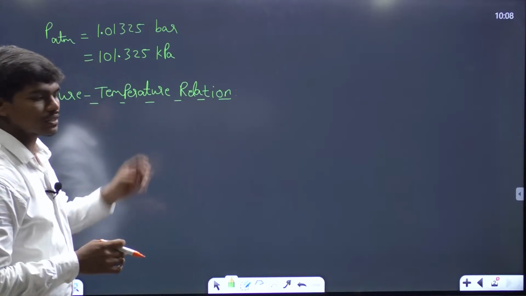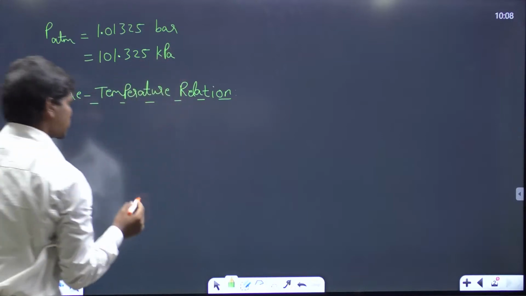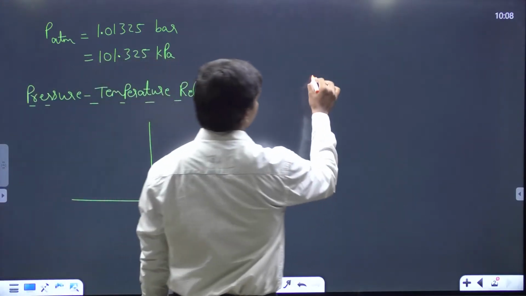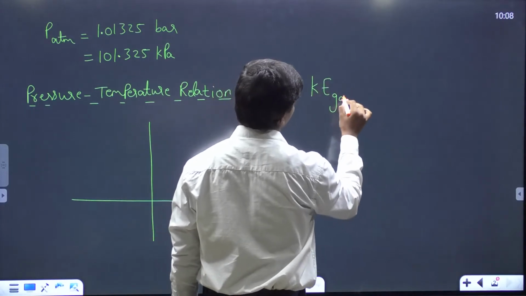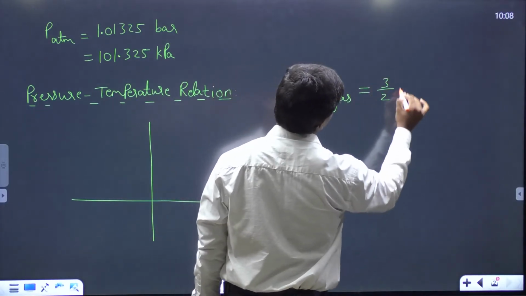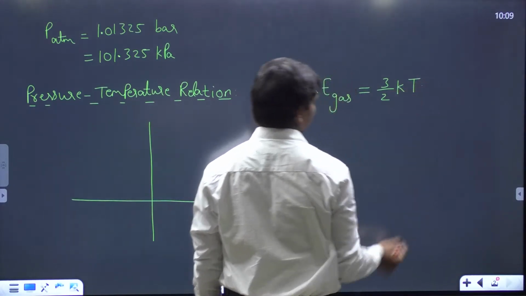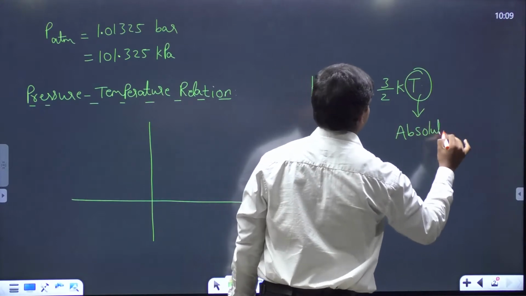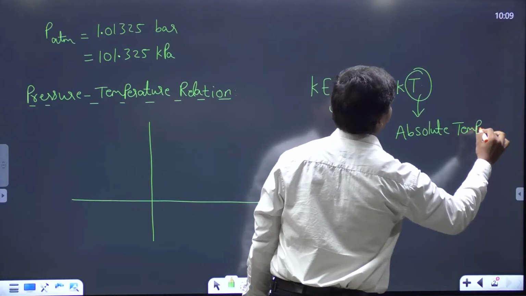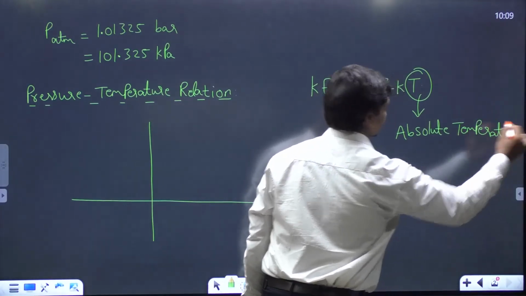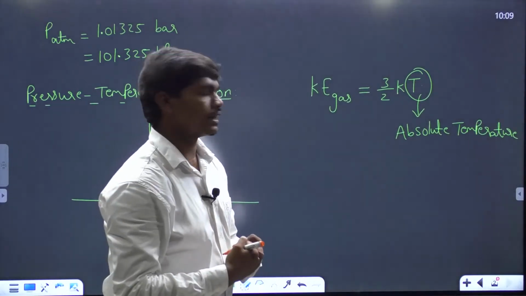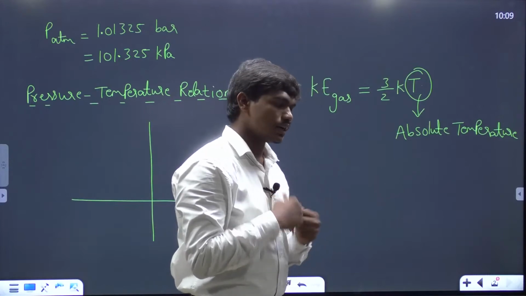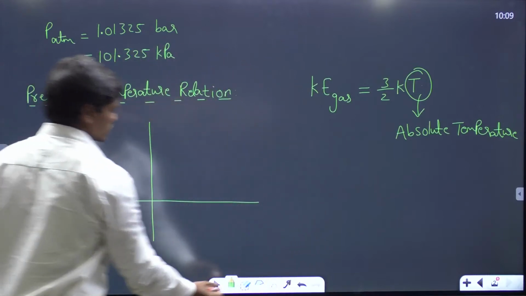So see here, basically what's the pressure temperature relation that came into existence. Yesterday in one class I told you the kinetic energy of gas molecules is equal to 3/2 into some constant k into T, where this T is absolute temperature, correct? And I told you the pressure exerted by a gas is due to momentum transfer between molecules and walls of the container, correct? This is how you get pressure, because of the collisions of the molecules with the cylinder walls. So now see here, what they have done is